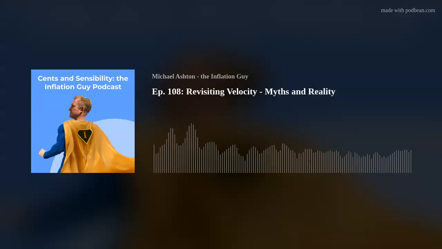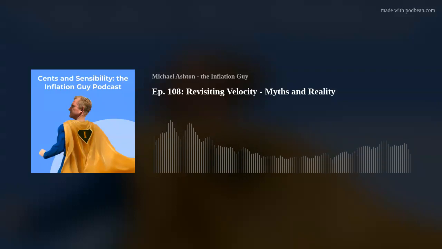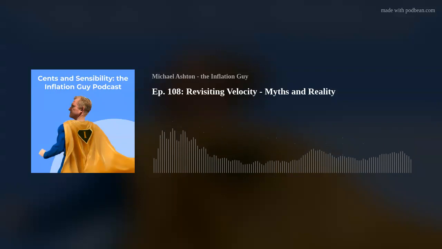So let's talk about how to model velocity. I'm not going to tell you exactly how my model's calibrated and everything, but I'll tell you basically what's in the model. And then I'll tell you what I think that means for where we are and what's going to happen to velocity going forward, and therefore what's going to happen to inflation going forward. Remember, if we're going to model velocity, what we're really trying to do is model the demand for real cash balances and then take the inverse of that. So what affects the demand for cash balances?